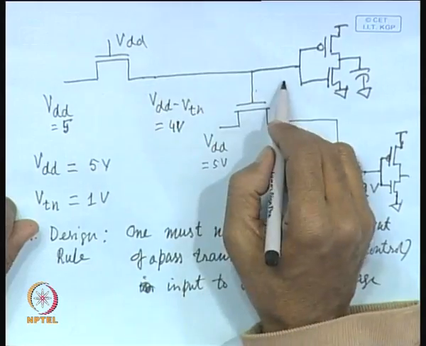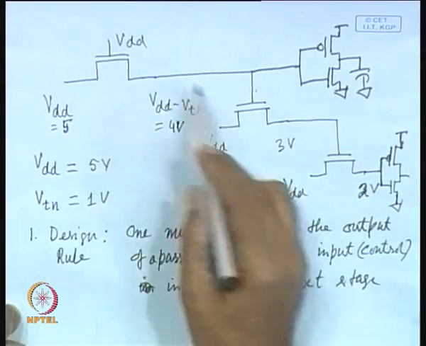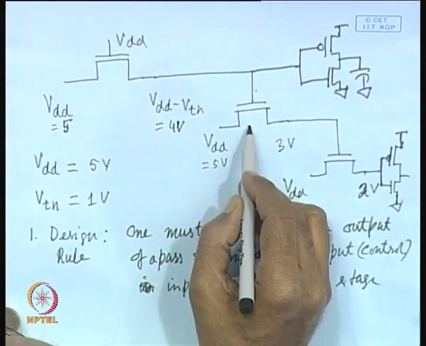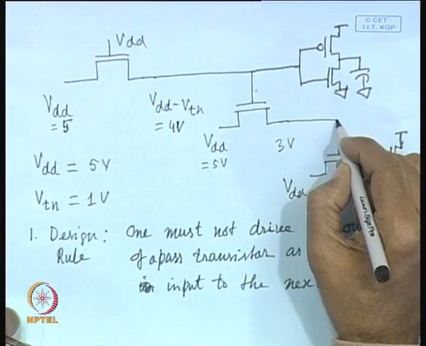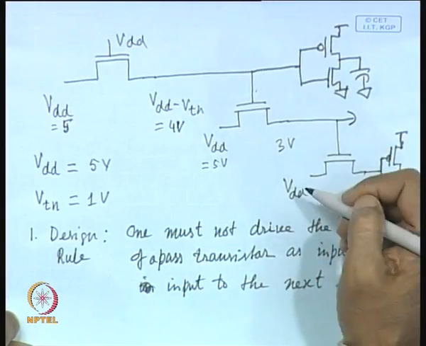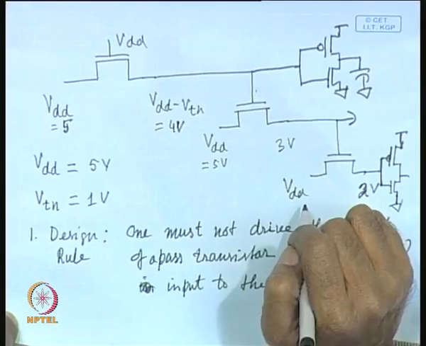Because normally you will be combining pass transistor logic with static CMOS. You may have to put static CMOS inverters along with pass transistor logic. So, in such a case you will face this problem. The multi-threshold voltage drop, particularly if we use say 2 pass transistors in series and that output is used as an input to the next stage, the problem will be more severe. How can we overcome this problem? This problem can be overcome